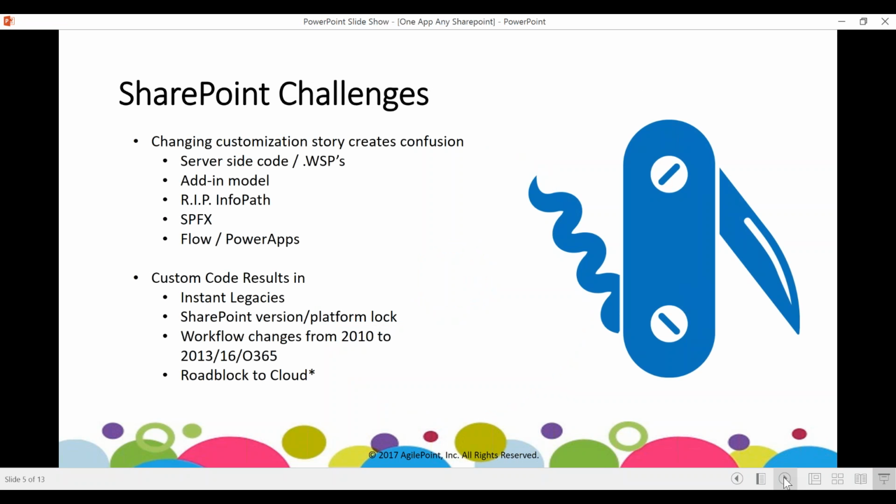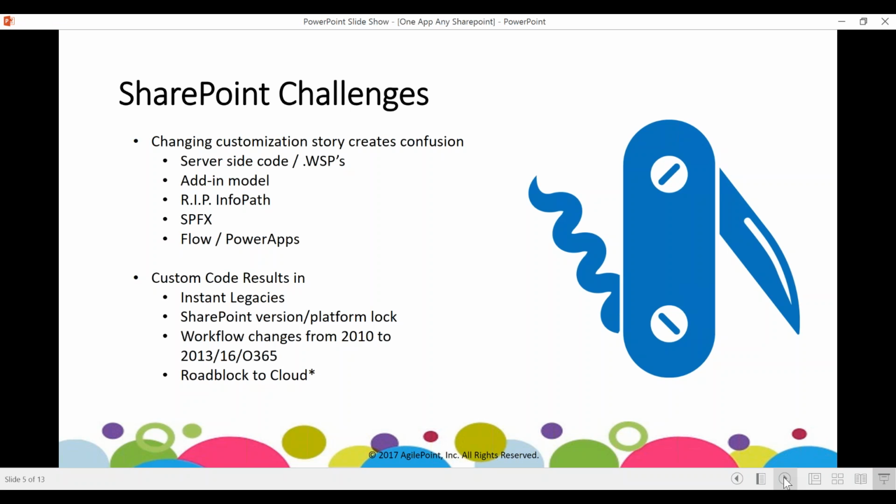So what's contributing to this theme? What is contributing to this challenge of SharePoint trying to be everything to everyone? And obviously, as a result, some things tend to fall off. Well, if we're going back to the early days when I started with SharePoint, the server-side model, or WSPs, were very popular. This is more akin to your traditional development, where we create a solution package, we roll it up, and we move it from one server to another. Hopefully, we're crossing our fingers there, things don't break. So that was one of the earlier ways that we saw a lot of our customers customizing SharePoint.